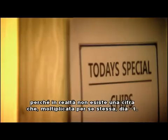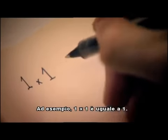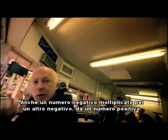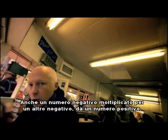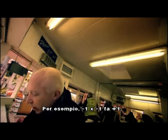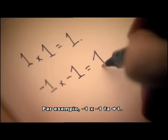For example, 1 times 1 is 1. A negative number multiplied by another negative number also gives a positive number. So, for example, -1 times -1 is +1. It's not only a rule, it's a proven truth of multiplication. Whenever the signs are the same, the product is always